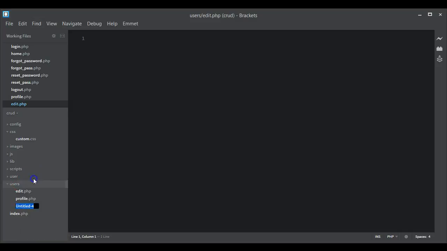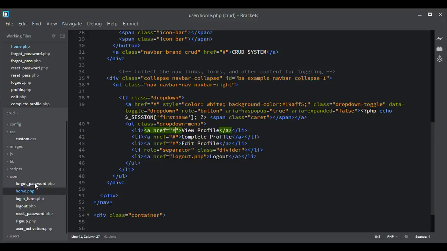Also we can call it complete profile.php. So we have the files here, so we can go back in the home, then we add the different links. Now to add the link to this page, what we are going to do is navigate to this users folder that we just created. So we go out of the current folder